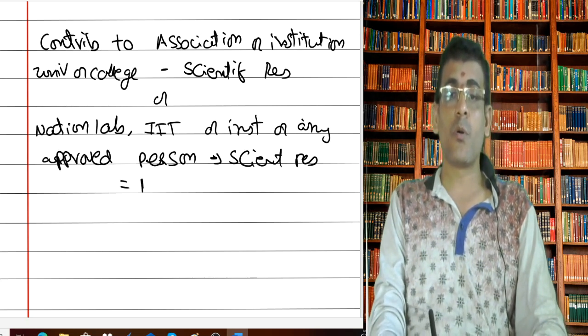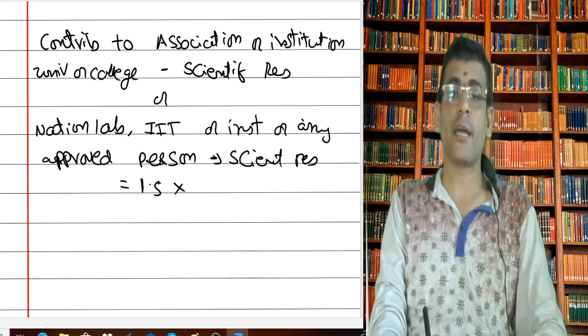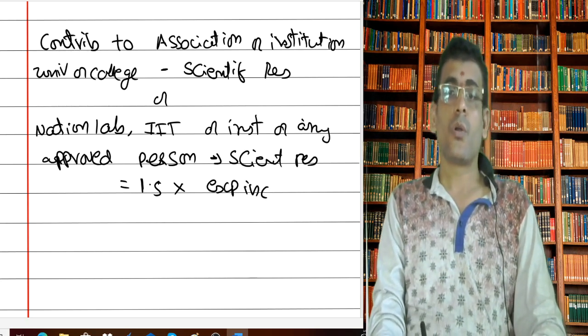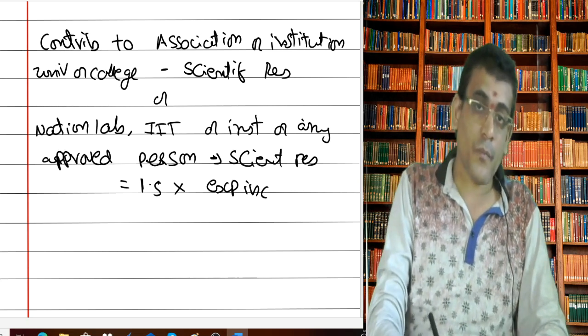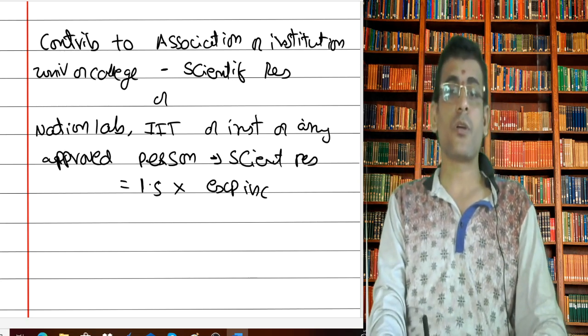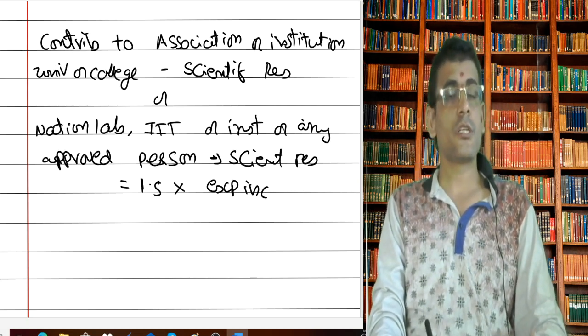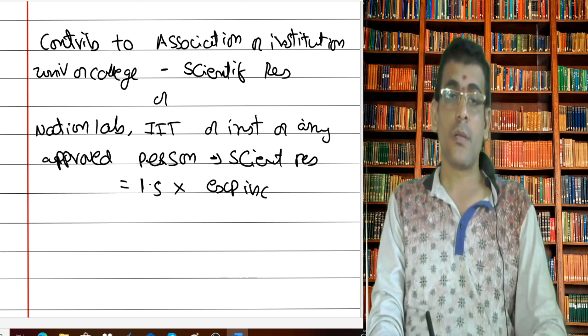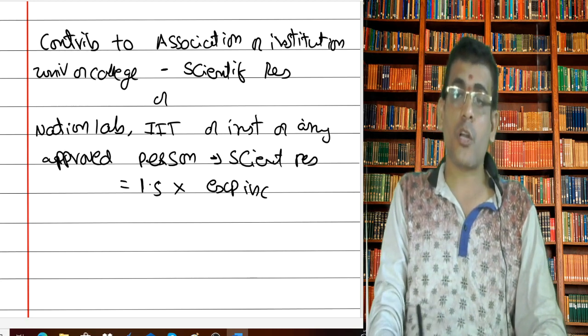Then the amount is what? 1.5 times of the expenditure incurred. So in both the cases, 1.5 times of the expenditure incurred. You are making a contribution. You are incurring some expense as a contribution to an association, institution, university which is doing statistical research. Now, you are making a contribution